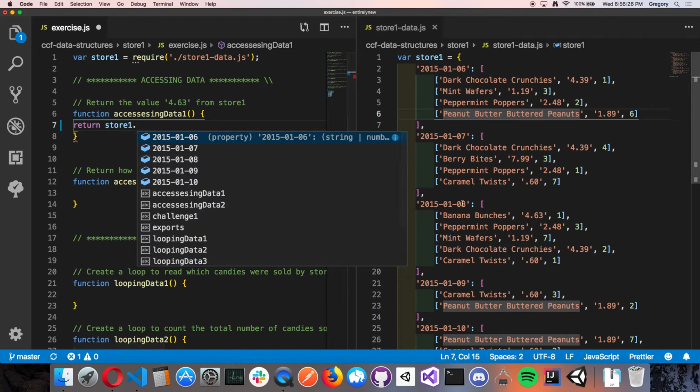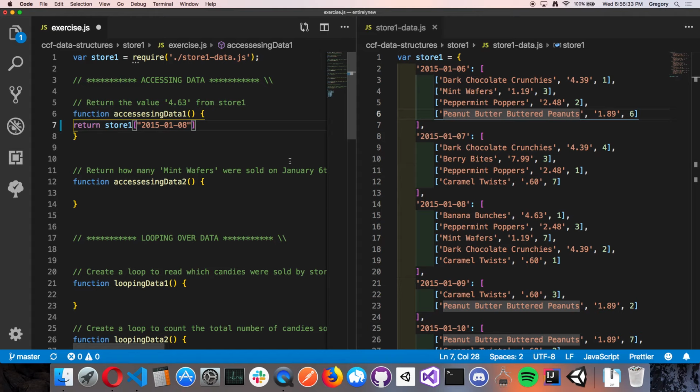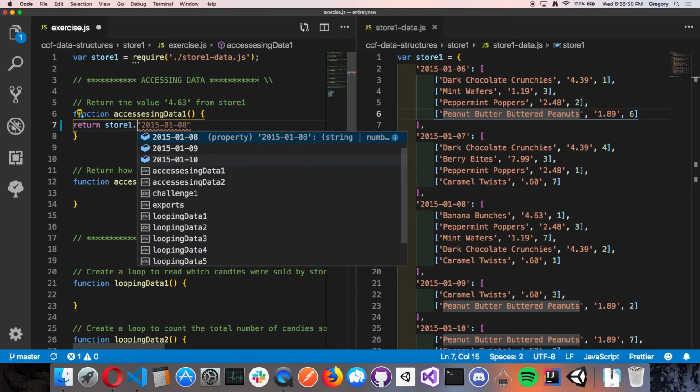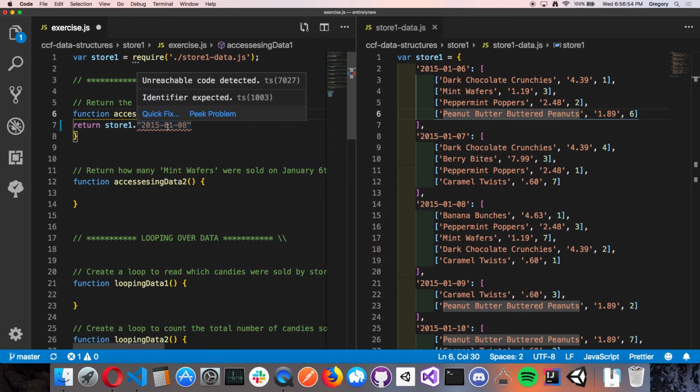So let's go ahead and click on that. Now you notice that it automatically converted it to bracket notation. This is because if you want to access a specific key that is a string, it has to be in brackets. If I tried to do this, I'll show you. If I tried to do this, it errors out. You see that? And let's see what it says. Unreachable code. It's not allowed. You can't put a string